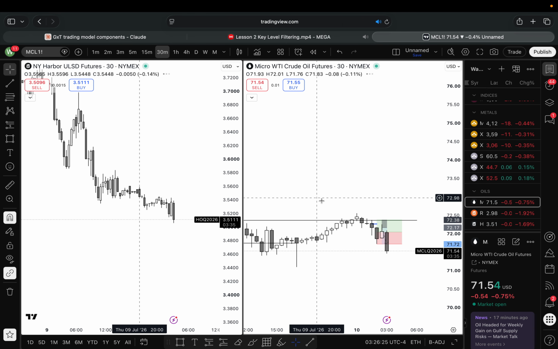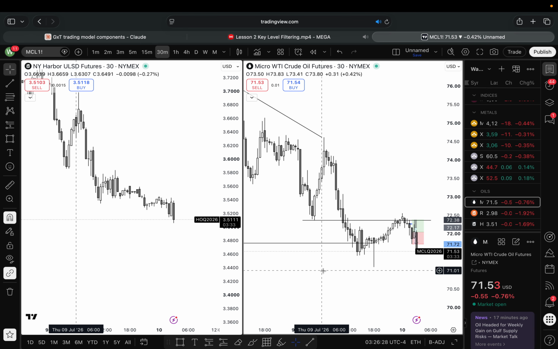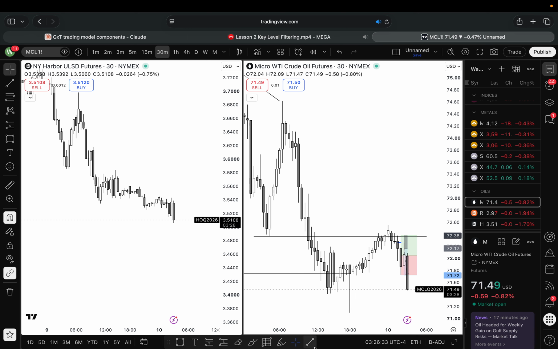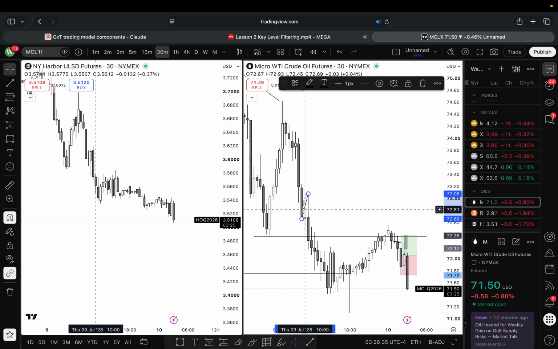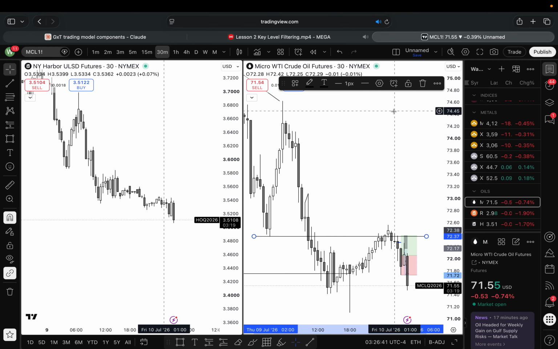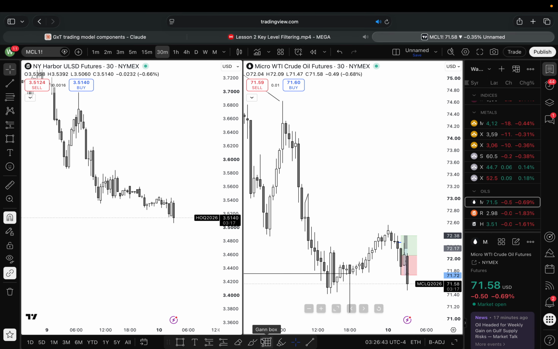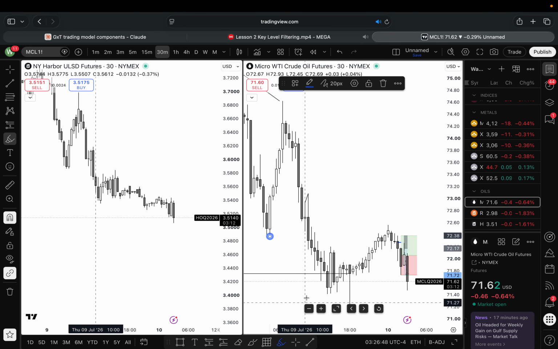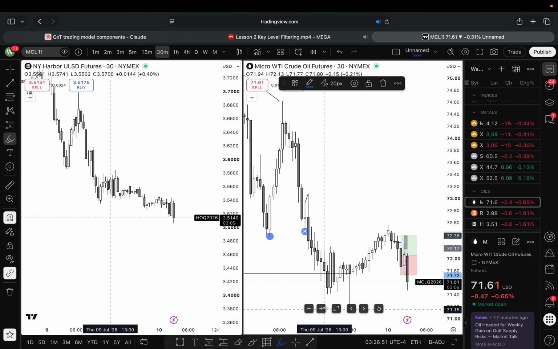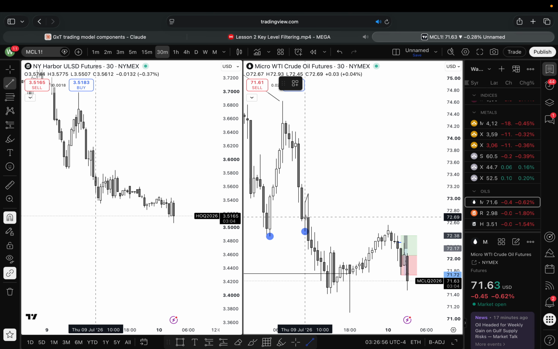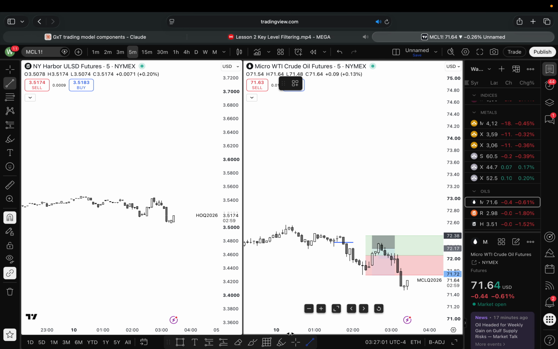So what led me to entering it was that we had formed this SMT full, right? On the 30 minute, right before taking out our drawn liquidity, which is this, right? This is our drawn liquidity, and we had fallen just short, right? So no matter what, it will most likely be a failure swing if we reverse from it. So we created a PSP here, SMT full, right? And then you look for the V-shape entry.